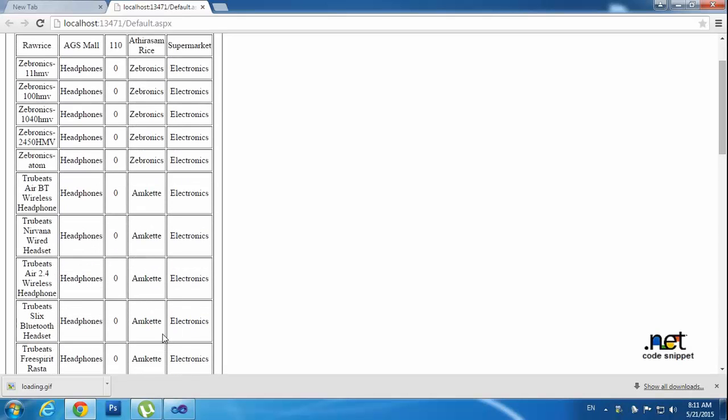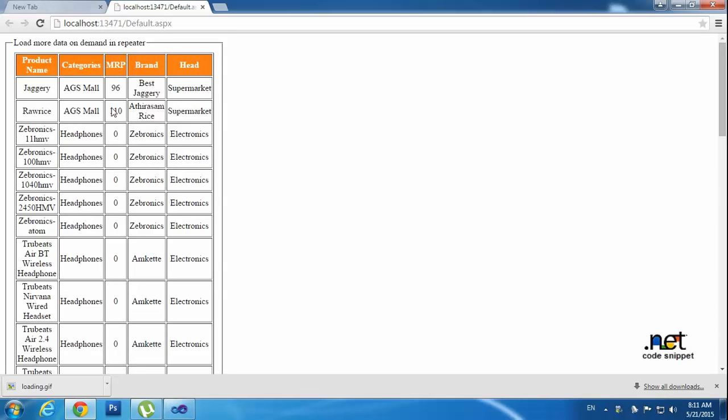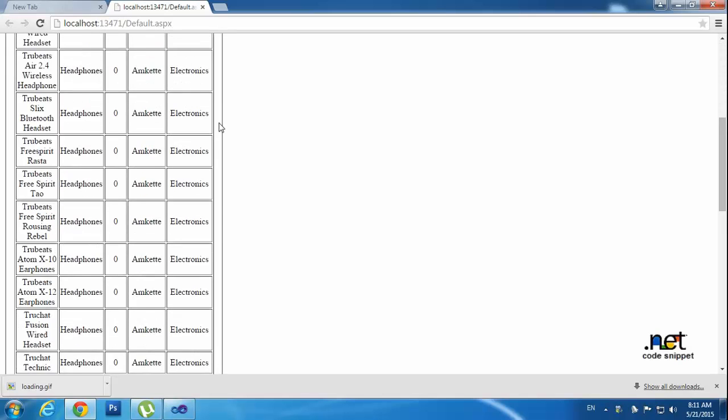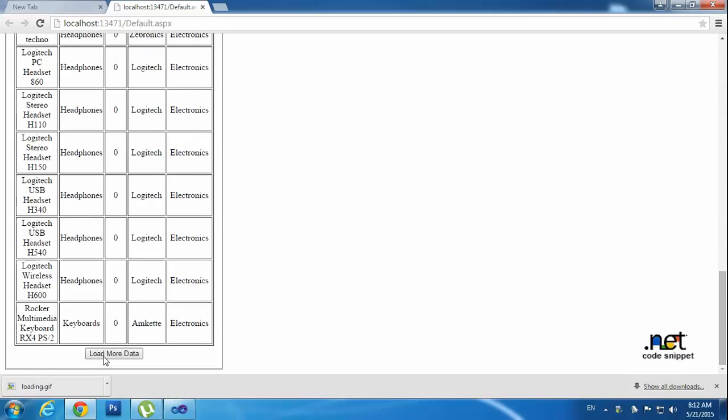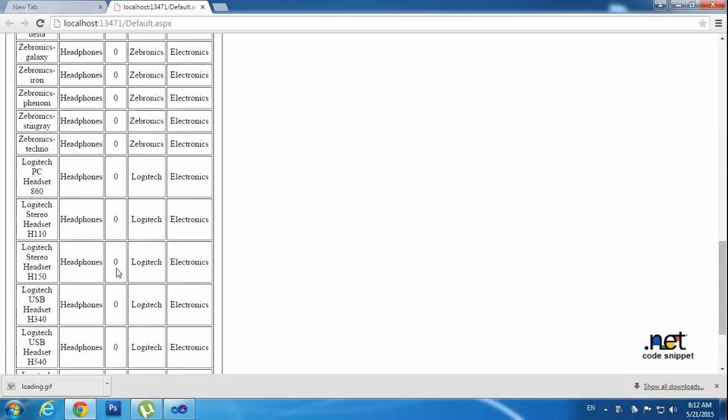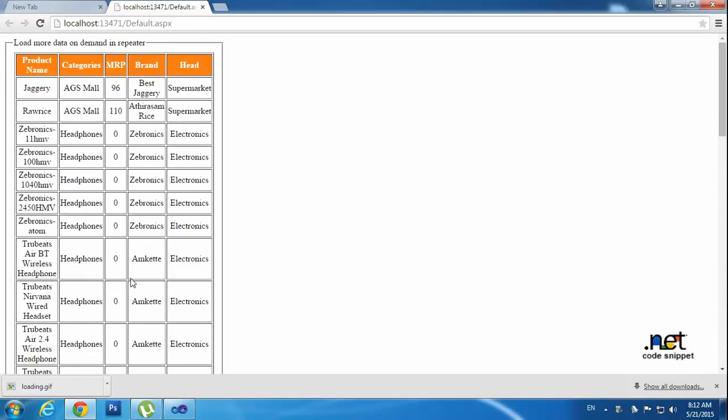Here I used a repeater, an update panel, and an update progress panel. Okay, I have used three main controls here. Now I will teach how to make that. First of all, I need to